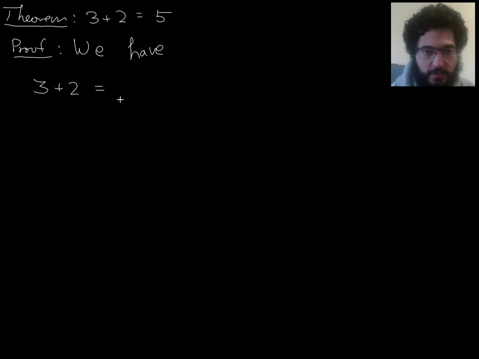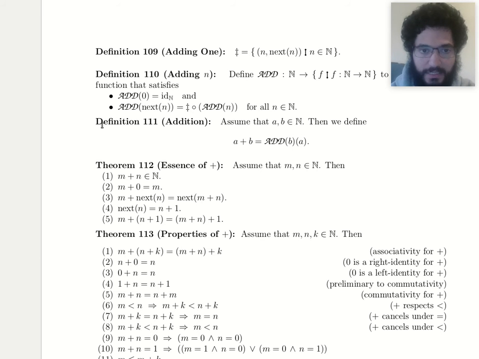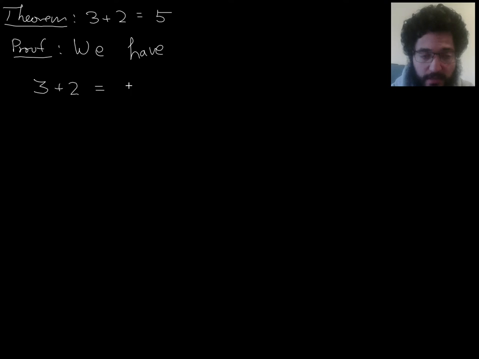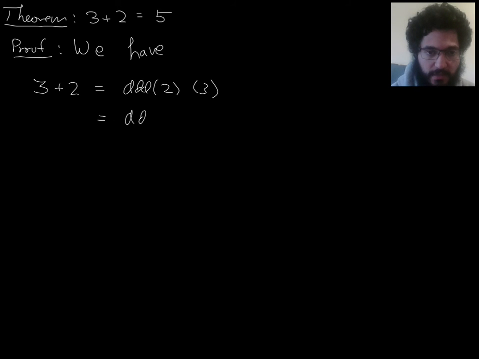So 3 plus 2. I have no choice now except to use the definition of plus, right? Or the definition of 2 and the definition of 3. I will certainly need those at some point, but first the definition of plus. That's definition 111. Plus is defined to be something involving add. So I get 3 plus 2 means add 2 to 3. That's what 3 plus 2 means. So then,